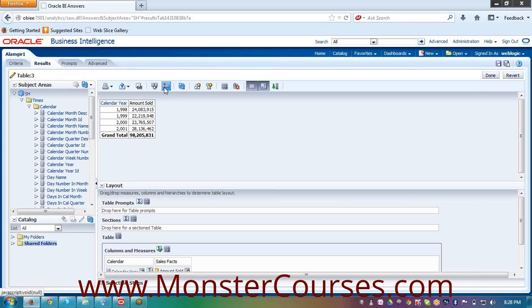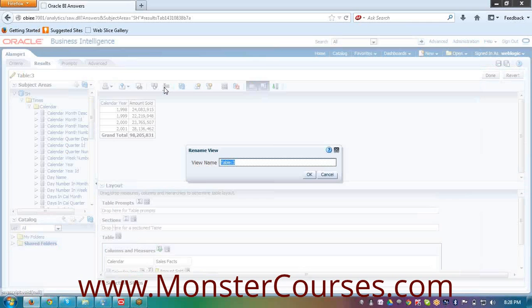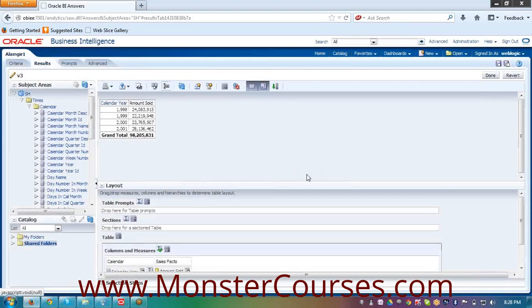Next, you want to rename this, no? You can rename this. You can rename table 3 as, let's say, V3. Next, you can refresh. Then you have something called a catalog group or new group.